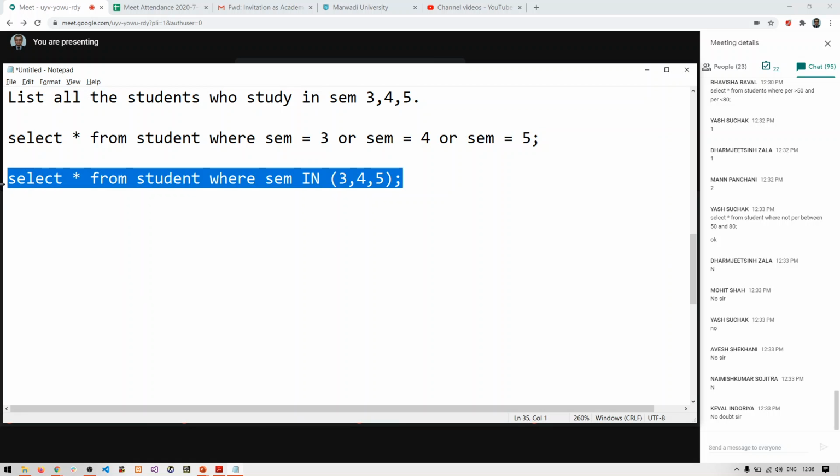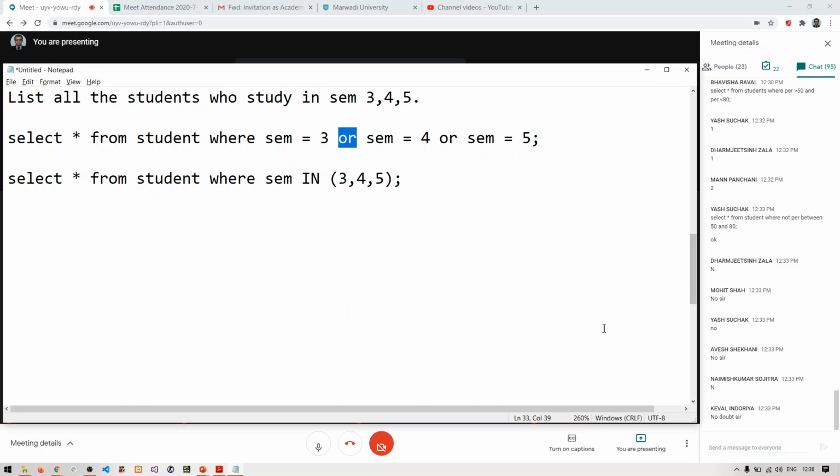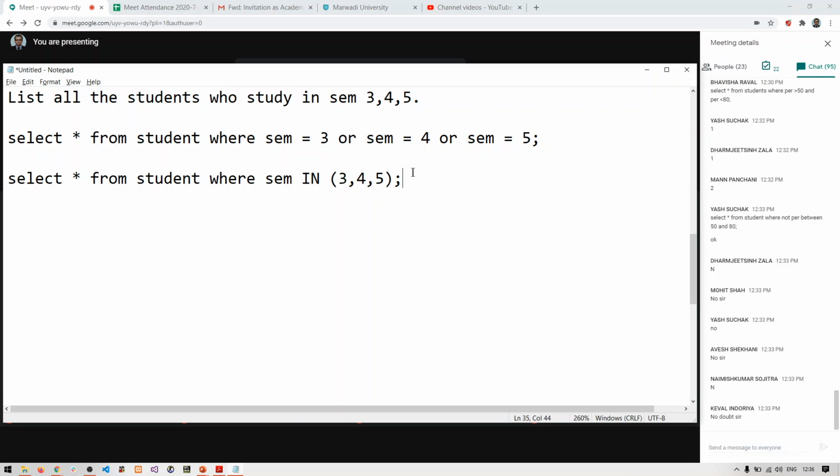Clear? IN means that instead of using multiple OR conditions, we are providing a different way of writing them. Clear with this IN part?